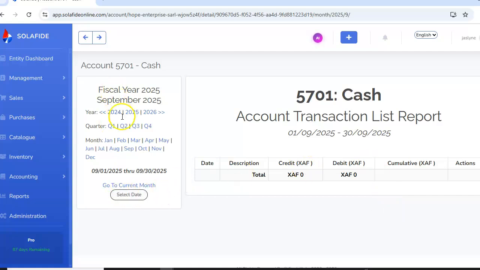Then if you want to check on the fiscal year, like when you registered this particular account, this particular customer, the year in which, the month rather